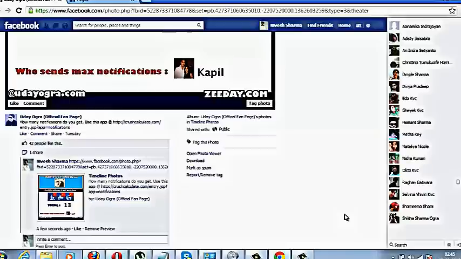So these are the basic fundas. I hope you have understood. Simple steps: attach these apps to your pages, copy the link, upload the app images, put the link as the caption, and start sharing everywhere on various forums, various groups, various pages, and everywhere.